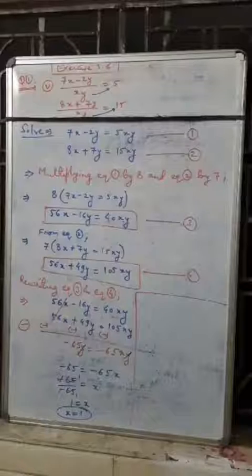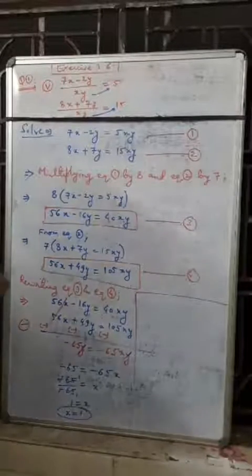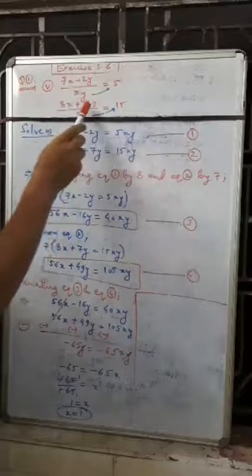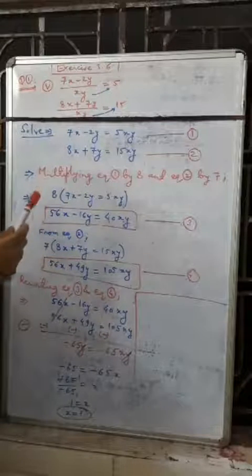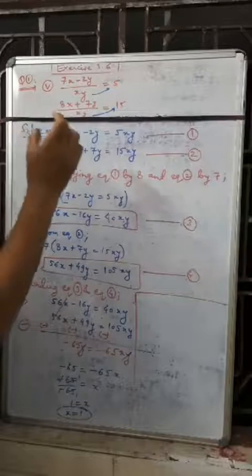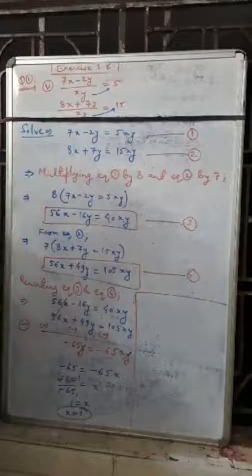Now we are solving question number 1, 5. 7x minus 2y upon xy is equal to 5. 8x plus 7y upon xy is equal to 15. So first thing, before solving the pair of linear equations, we have to make the two equations a standardized linear pair